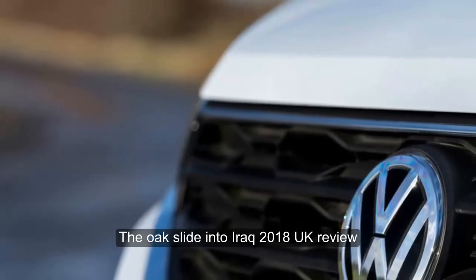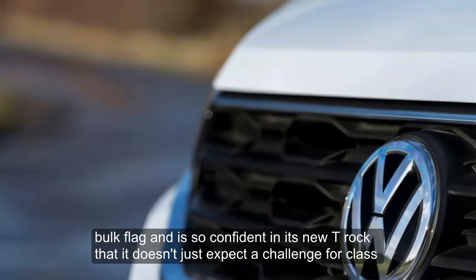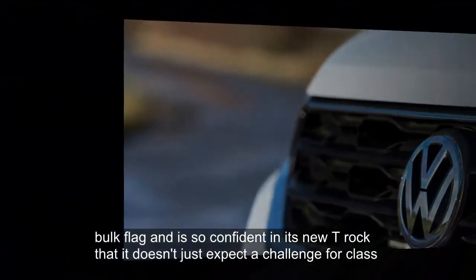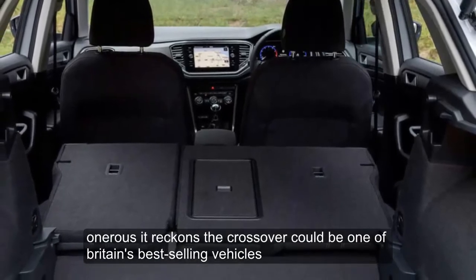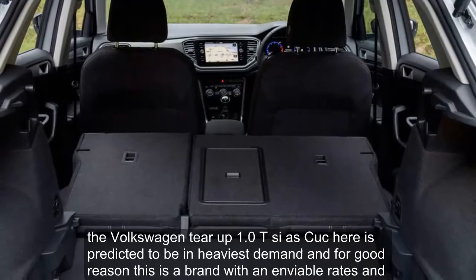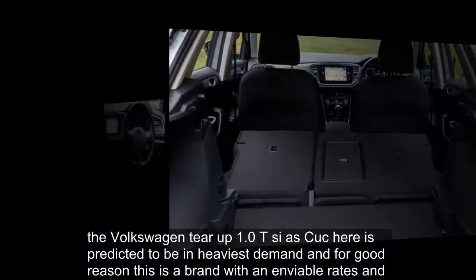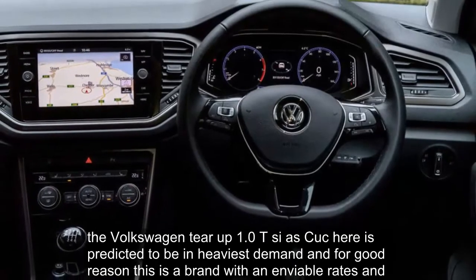Volkswagen T-Roc 2018 UK review. Volkswagen is so confident in its new T-Roc that it doesn't just expect to challenge for class honors, it reckons the crossover could be one of Britain's best-selling vehicles. The Volkswagen T-Roc 1.0 TSI SE you see here is predicted to be in heaviest demand, and for good